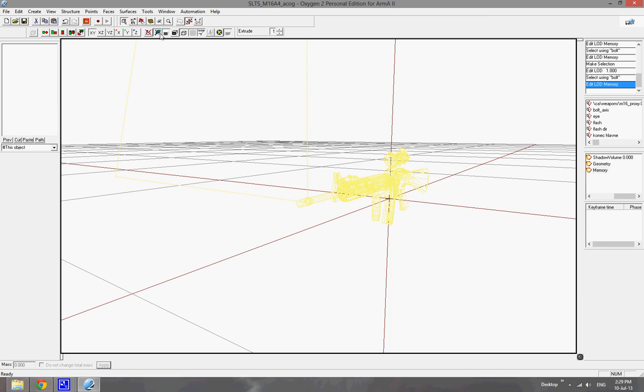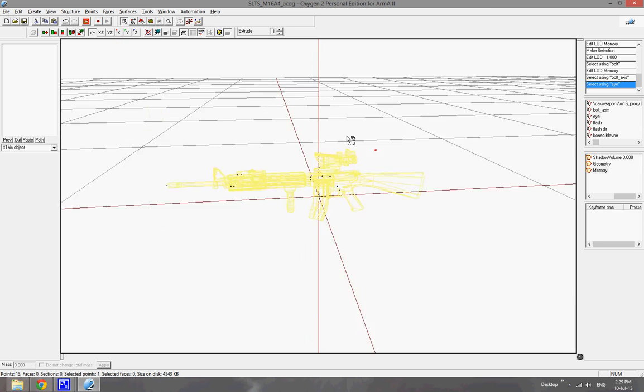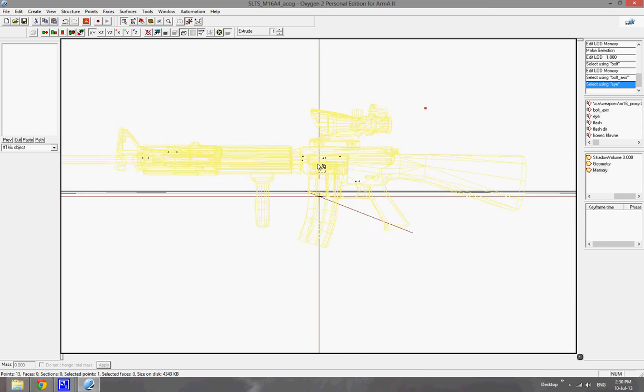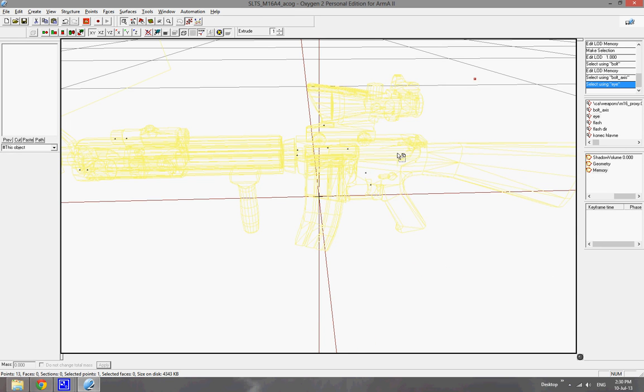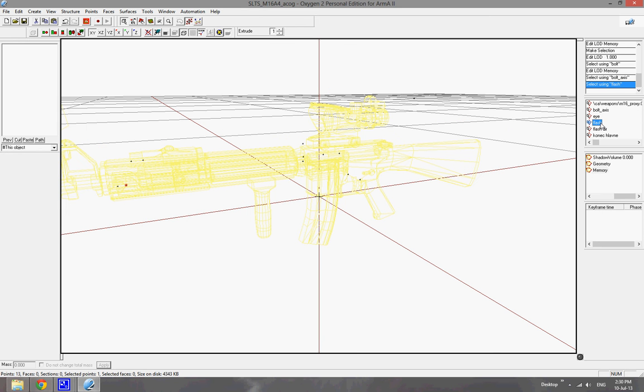Memory points, just have the basics. You have bolt axis, eye is for where your character will look, where the camera will move when you're going to non-zoomed optics, so iron sights and red dot sights. So you see here it's set up with a little mini red dot on top, or your backup sights. If you want flashlights, put in flash direction. Have your barrel begins, barrel ends,